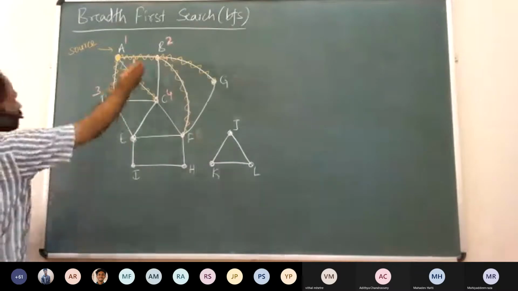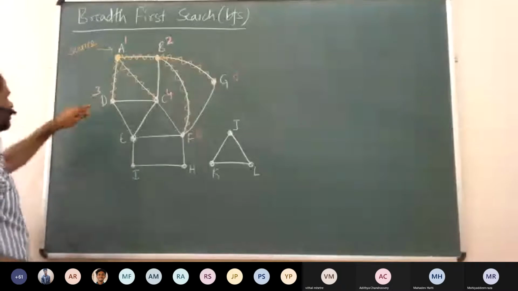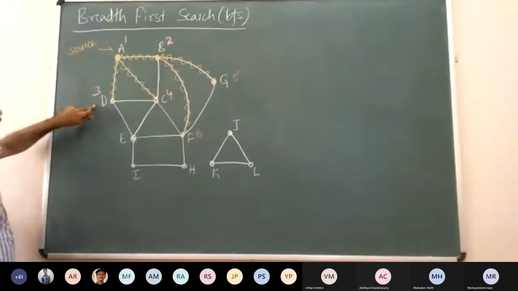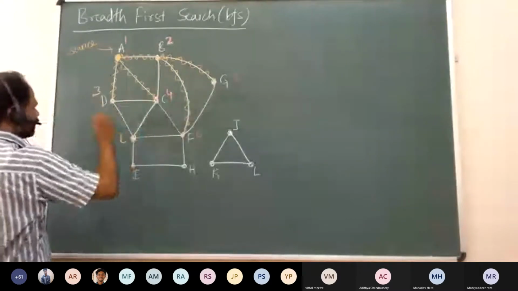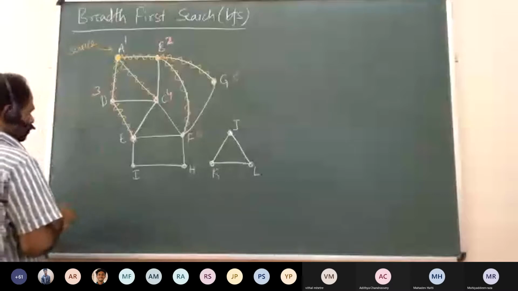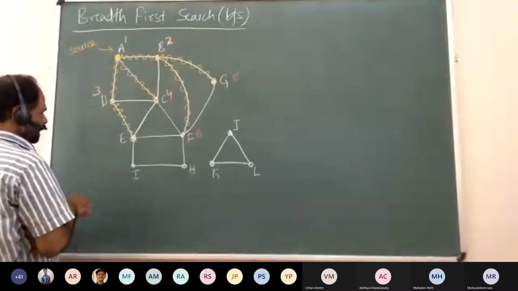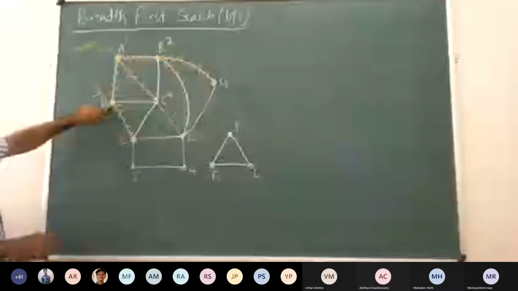Then we go to the next, where we have visited all the neighbors of B. The next vertex is D. We go there and visit all the unvisited vertices. C is already visited, so we don't have to do anything there. We visit E, which will have a timestamp of something like 7. So we have exhausted all the neighbors of D.